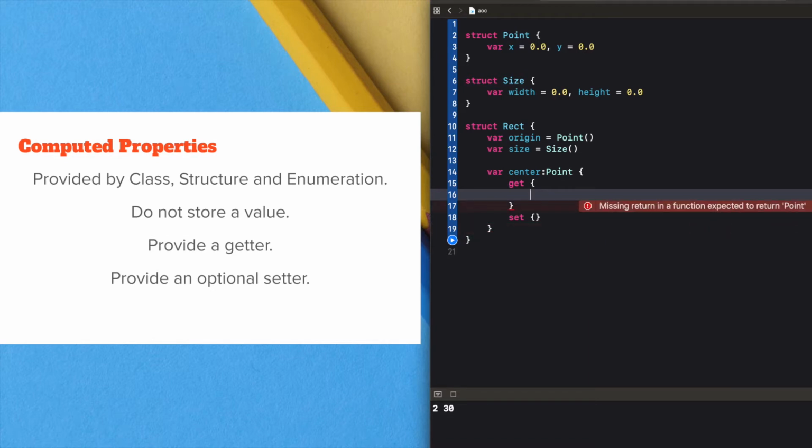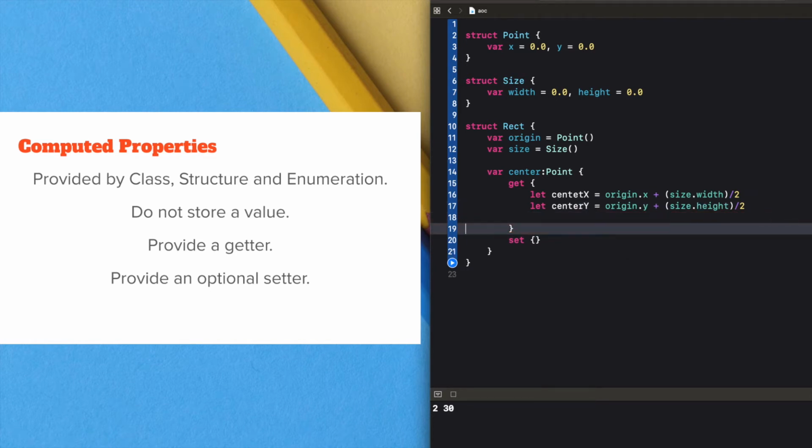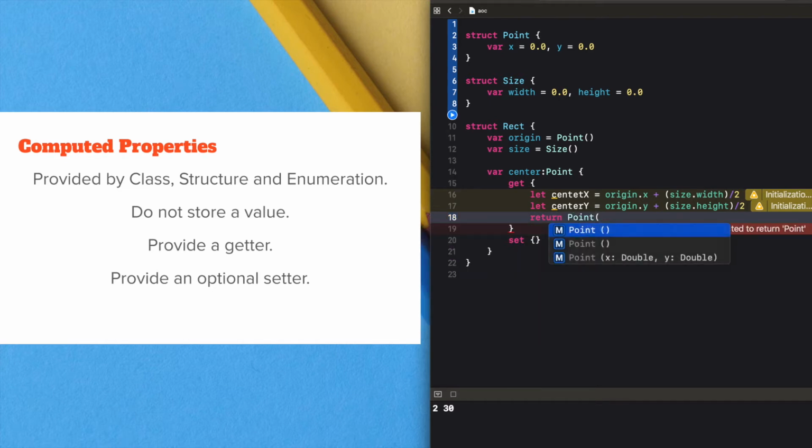So I am going to calculate the value of center. Let centerX is equal to origin dot x plus size dot width divided by 2, and let centerY is equal to origin dot y plus size dot height divided by 2, and return that point, return Point of x is centerX and y is centerY. Okay,